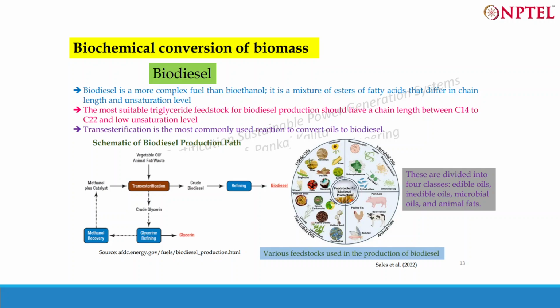Basically, it is a mixture of esters of fatty acids that differ in chain length and unsaturation level also. The most suitable triglyceride feedstock for biodiesel production should have a very high chain length. And to convert biomass oil to biodiesel, transesterification is the name of the reaction that goes into it. Okay, and